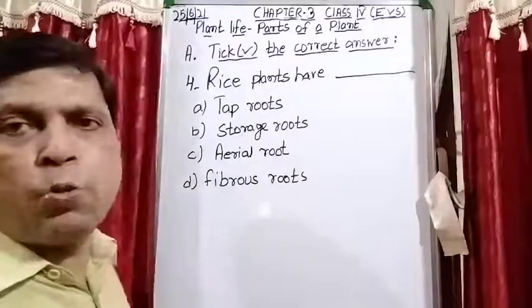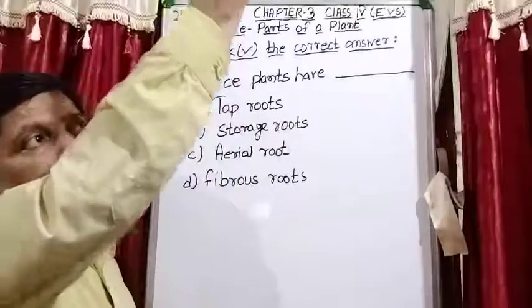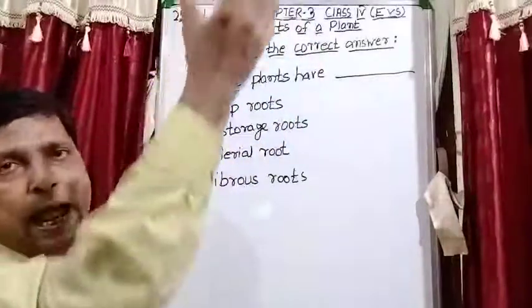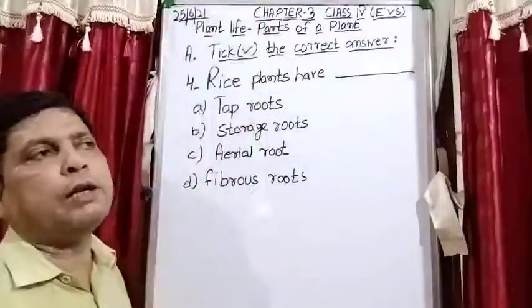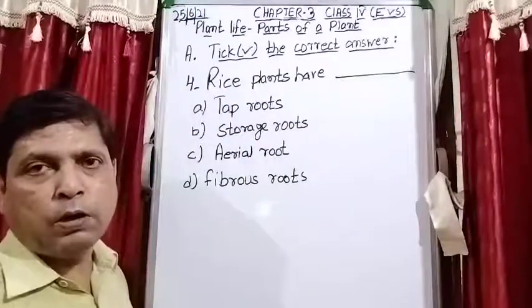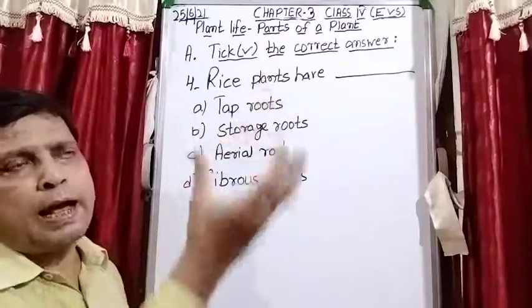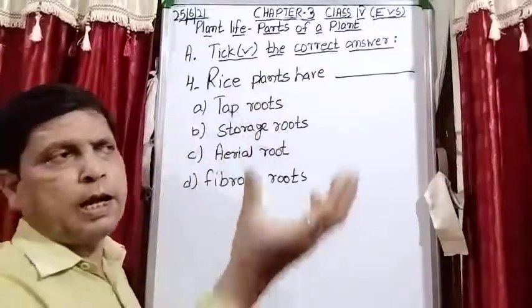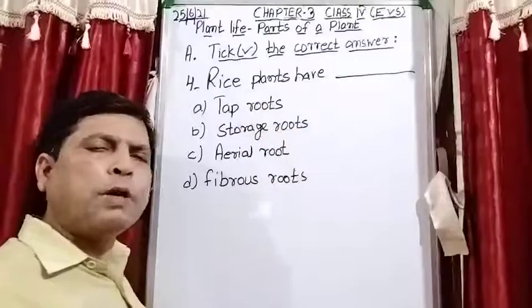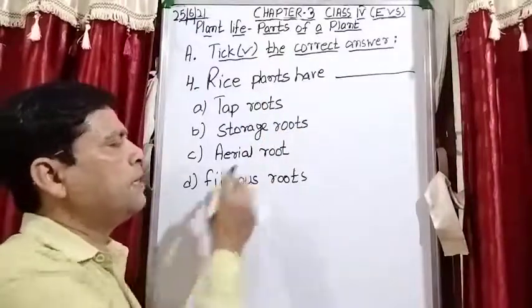the banyan tree, that you call the banyan tree, the roots hang from the branches of the tree. It is moving towards the ground but not in the soil. You will see the roots in a hanging position. And it moves towards the ground, not in the soil. That type of roots are known as aerial root.